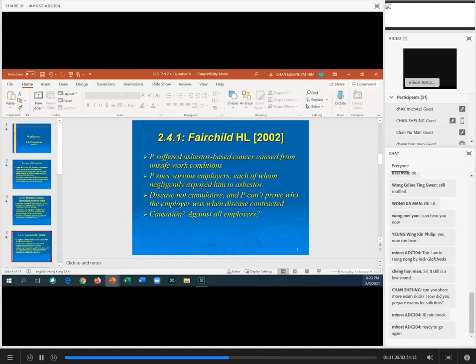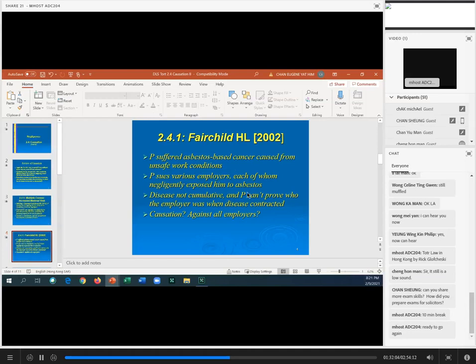Similarly, in the Fairchild case, on page 61, this involved not damage to the skin but damage to the lungs, caused by exposure to asbestos dust. Asbestos was used as a common material in ceilings for a long period of time before medical science discovered that it can be very dangerous to the lungs, because the asbestos dust is so fine that it can get into the lungs and over time cause very serious illness.